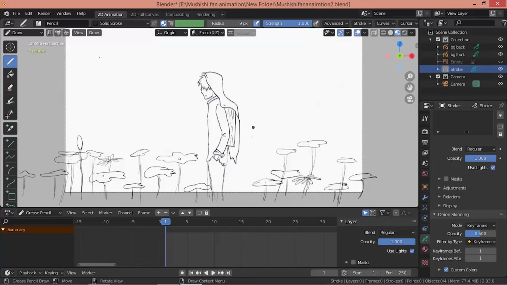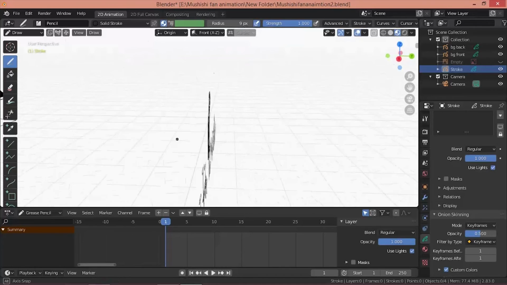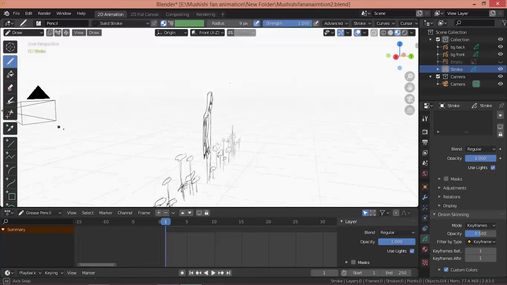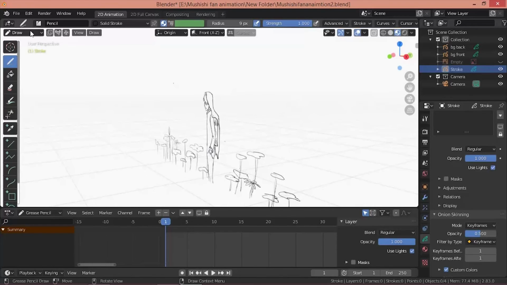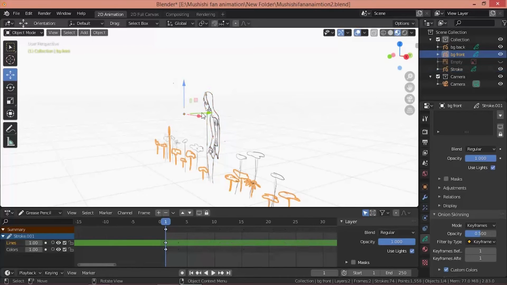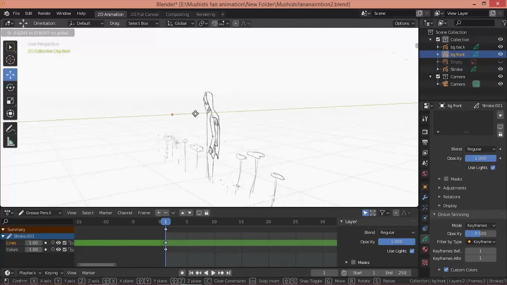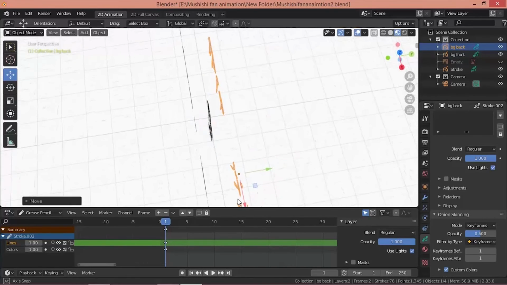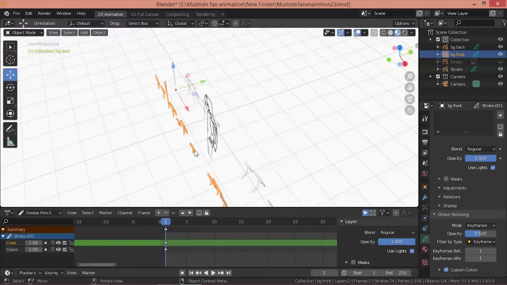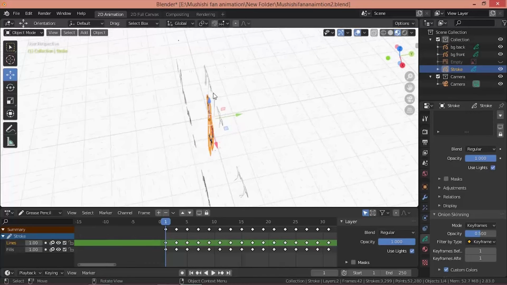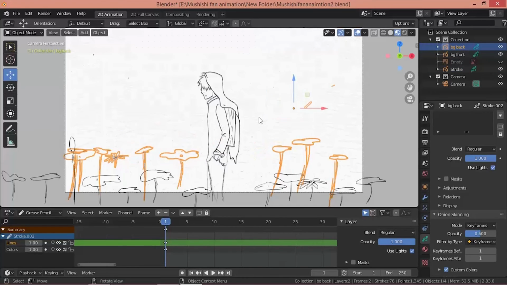So to give you a better idea of these layers, we slowly go to the 3D view, and as you can see, this is our camera, and now we've left the camera view and we're seeing this in 3D. So if I go to object mode and I move these plants slightly ahead, and I can move these back plants slightly behind, so you get an idea. Basically our front set of plants is here and the character is here in the middle, and the back set of plants is behind.